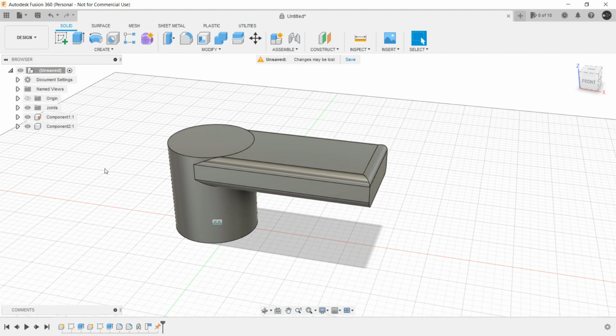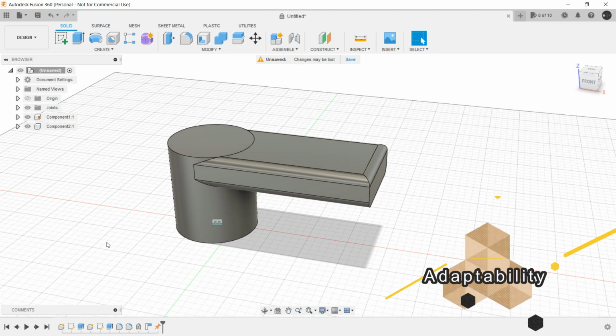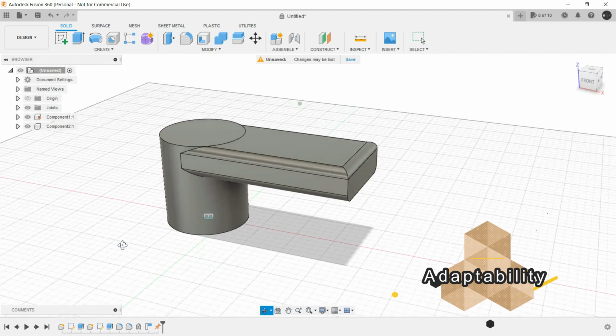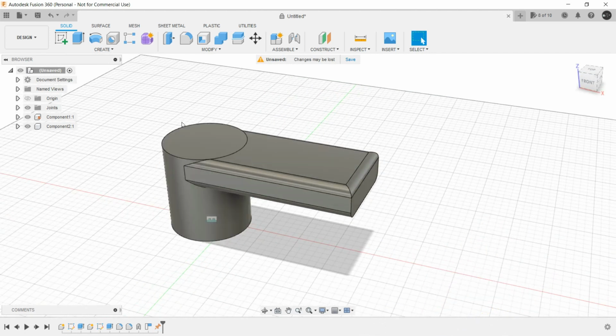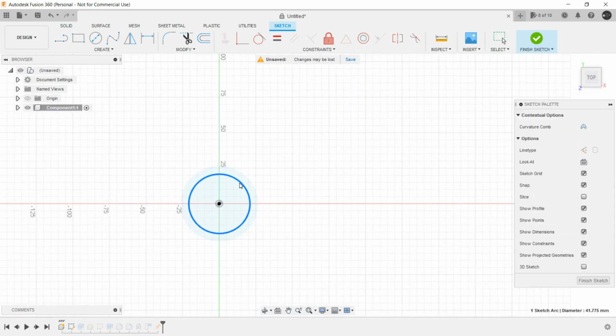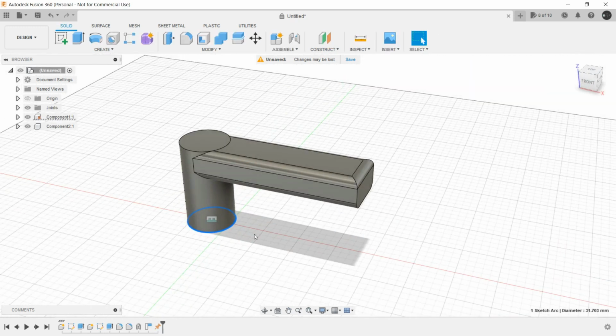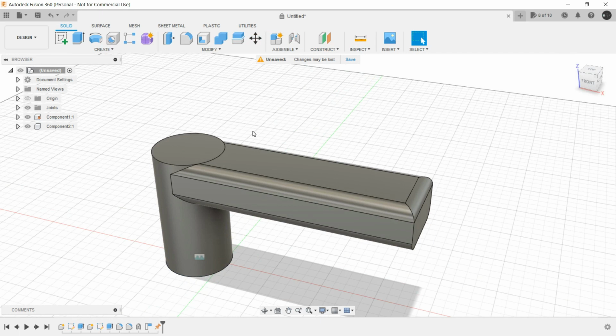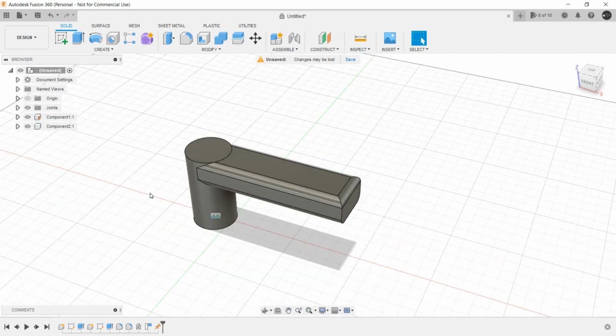And now for the second thing, we have adaptability. If I change anything in this particular assembly in any of the components, the other component will follow. Let's say we are changing this sketch and we are making the circle a bit shorter. And as you can see, the other component followed and adapted. So this adaptability is the second most important thing in the top-down assembly structure, which makes Fusion 360 a choice for